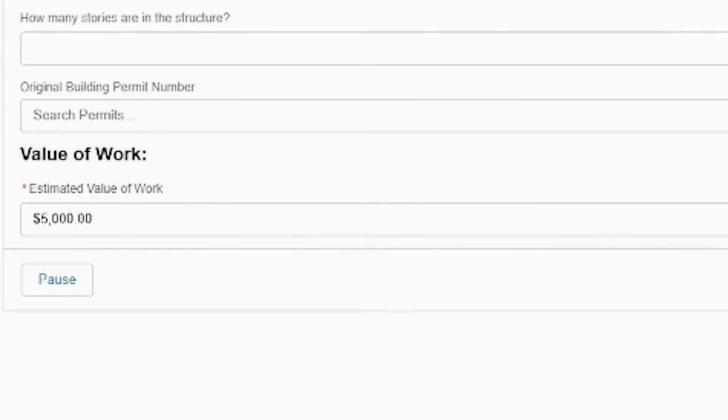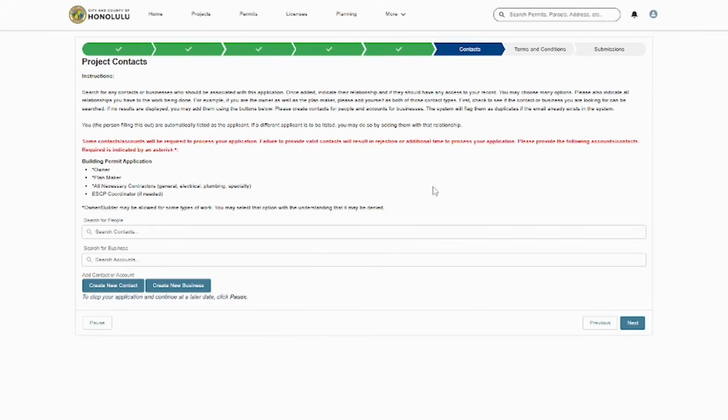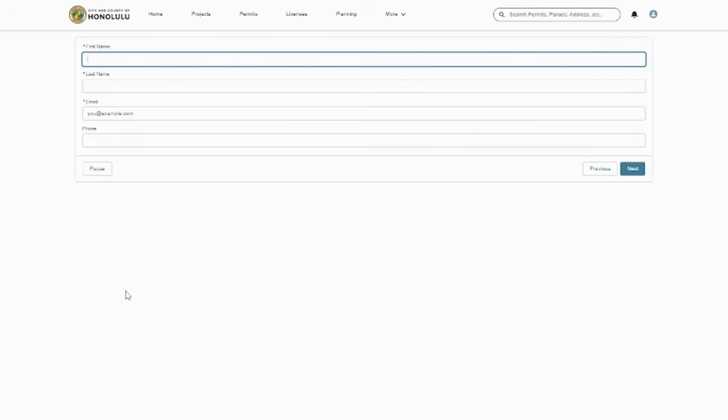Now, let's move on to contact information. Search for any contacts or businesses who should be associated with this application. Once added, indicate their relationship and if they should have any access to your record. Also indicate all relationships you have to the work being done. For example, if you are the owner as well as the plan maker, please add yourself as both of those